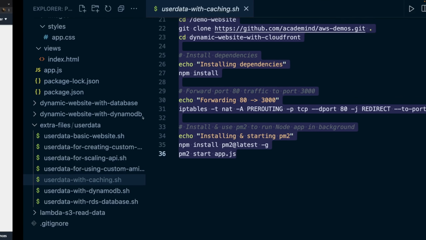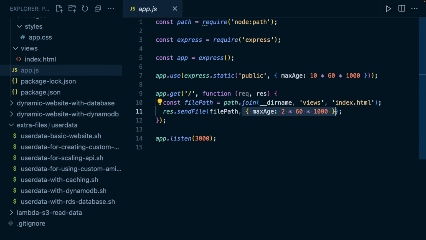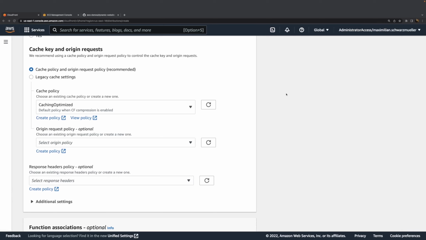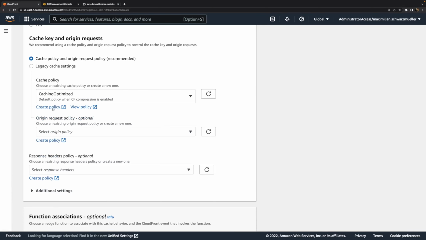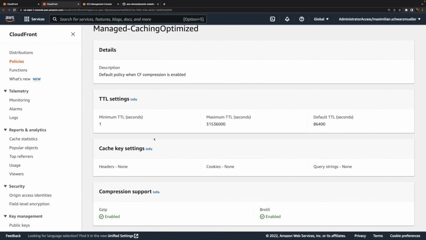With the defaults chosen here, the cache settings set in your code, like a max age for the response, will be taken into account, but you can also create your own policies or view these policy settings to understand how data may be cached and how certain rules can be overwritten. For example, you could ensure that for caching, the query string that's part of the request path will be taken into account or not.